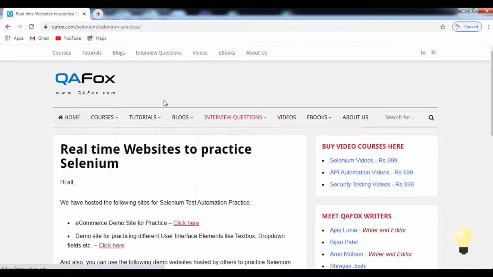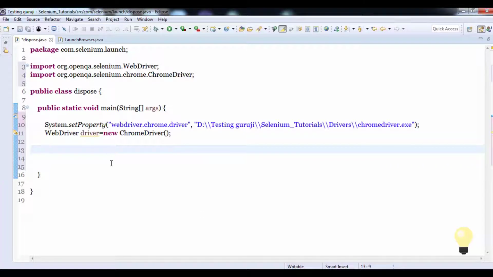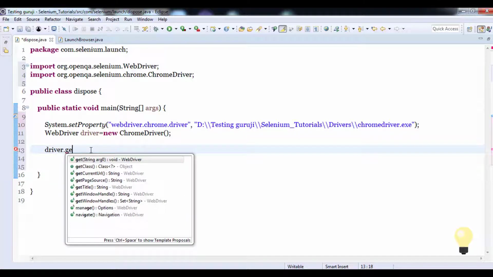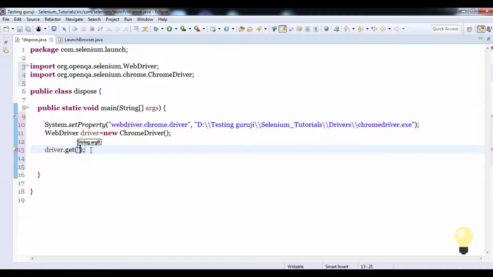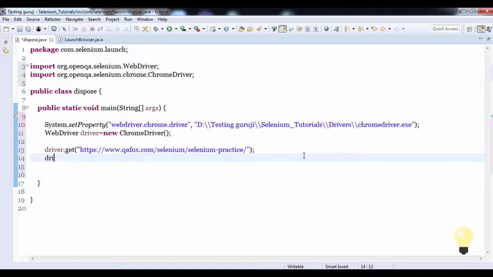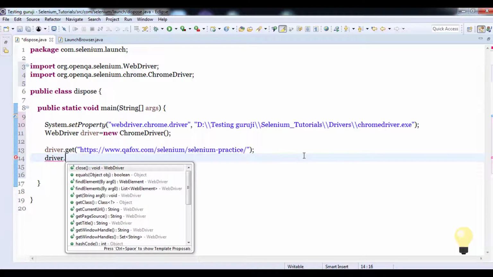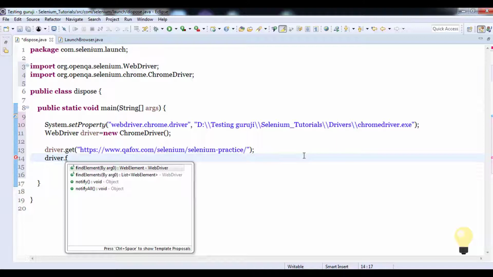So let's see. First of all, we have to copy the URL of the main window, and use the driver.get method. You can also use the navigate method. Paste the URL in this method. Next we have to use driver.findElement.